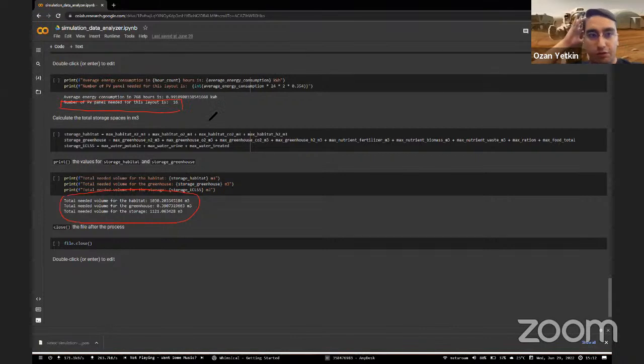So what we need to fit in our generative model is already here. I see that the total needed volume for the habitat is 1030. For the greenhouse, it's like nothing because I have chosen a layout that does not contain any plantation. And for the storage, it's 1121. And the number of photovoltaic panels is this. What I need to do is just,